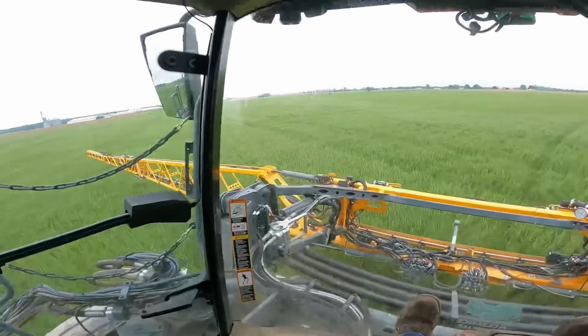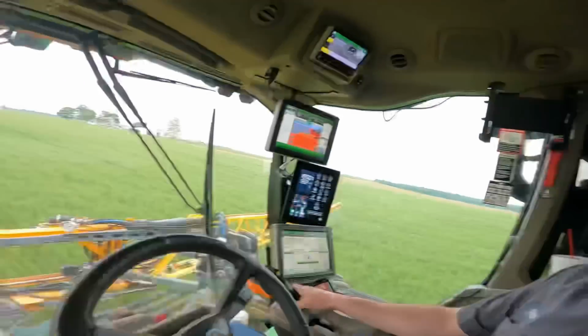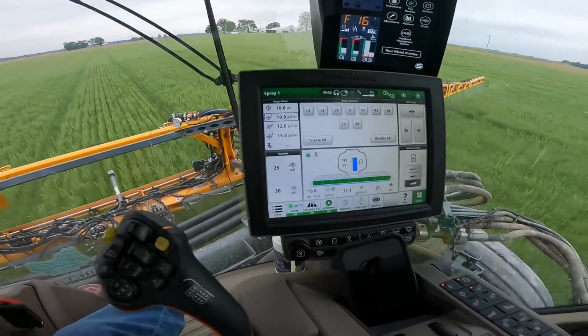So, yeah. How's it going today, guys? So today we're out spraying fungicide on the wheat, because it's starting to head out. I'll get up here. I'll show you what I mean by starting to head out. But spraying fungicide, 10 gallon an acre,